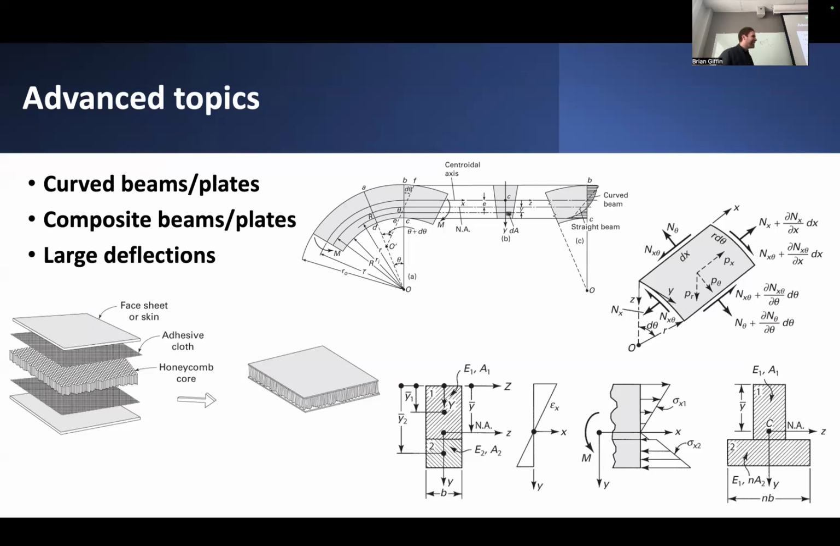Where it breaks down, however, is as you have moderately thick beams or moderately thick plates. Now that assumption of strictly planar sections, especially in the case of composites, is really not valid at all. And it gets really, really bad if you have, let's say, a many-layered composite material. You could think of that as like a laminated wood structure, or in the case of this laminated